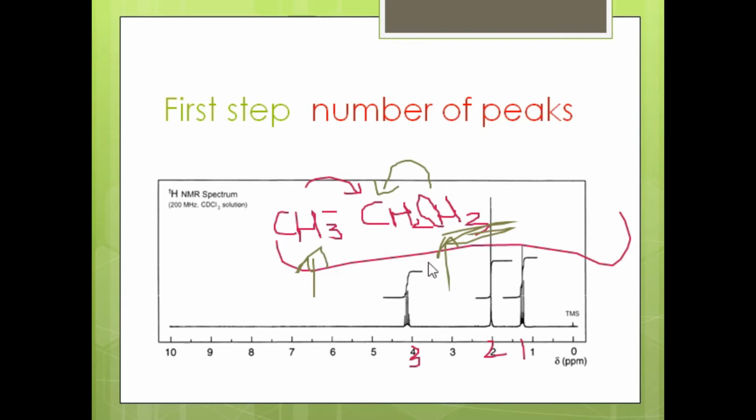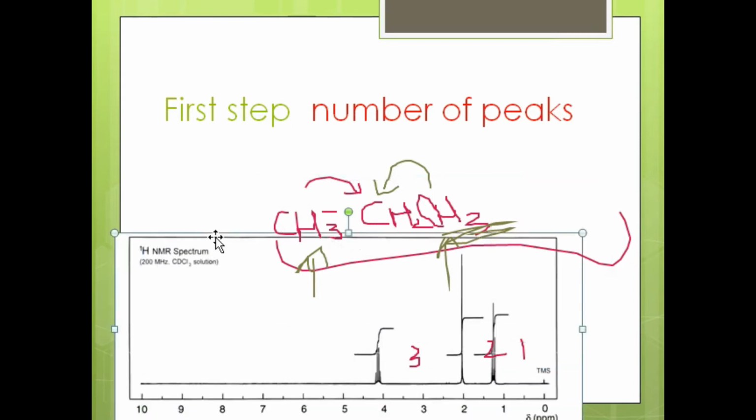Now why do they give us a single peak? This methyl group and this methyl group are present in the same environment of the CH2 group. So in this case, this CH3 and CH3 will be present at the same chemical shift value, and a separate peak will not appear. As I have only given you an example, this CH3 and this CH3 will appear as a single peak. Of course their integration value will be doubled, as I have already said, but we will get only 2 peaks. It means that the number of peaks also depends on the chemical environment. If the chemical environments are different, then different peaks will appear. If the chemical environments are the same, then different peaks will not appear.